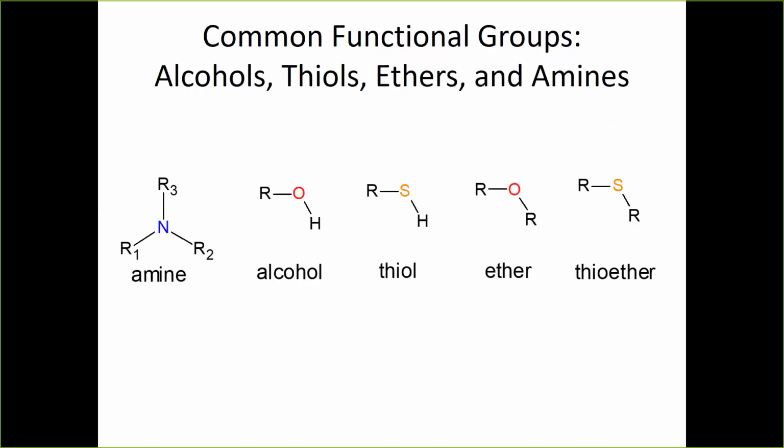All right, so I've been mentioning some of these structures already, but just to remind everybody about these functional groups, on the far left there you see an amine, where you have an organic nitrogenous compound. Next to that is an alcohol, which we've talked about quite a bit. The sulfur analog of an alcohol is called a thiol. So anytime you see thi, that's coming from sulfur. Next to that is an ether, which we've mentioned already, like how the diethylene glycol had an ether bond in it. And then the sulfur analog of that is a thioether.